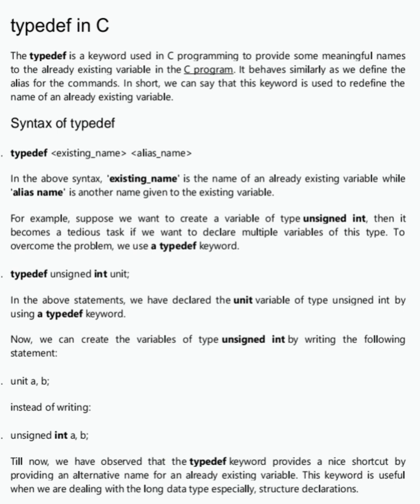Now we can write the statement: typedef unsigned int uint. In the above statement, we have declared the uint type as unsigned int by using the typedef keyword. Now we can create variables of type unsigned int by writing: uint a, b; instead of writing unsigned int a, b;